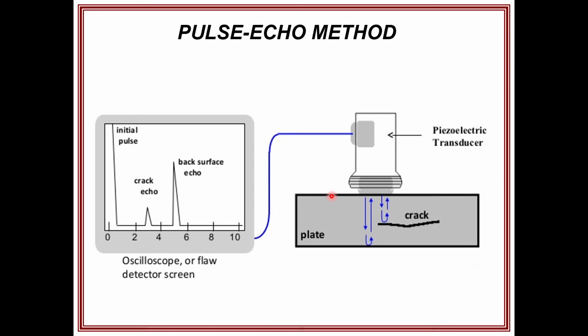And in the same way, if you know the time and the wavelength of the ultrasonic waves, we know that we are generating these using this. From here the ultrasonic waves will generate, so we know the frequency of the ultrasonic waves. We can calculate the wavelength of ultrasonic waves. By studying the wavelength and the echo time, we can calculate how much distance they are traveling. So from that we can identify the thickness of the material.